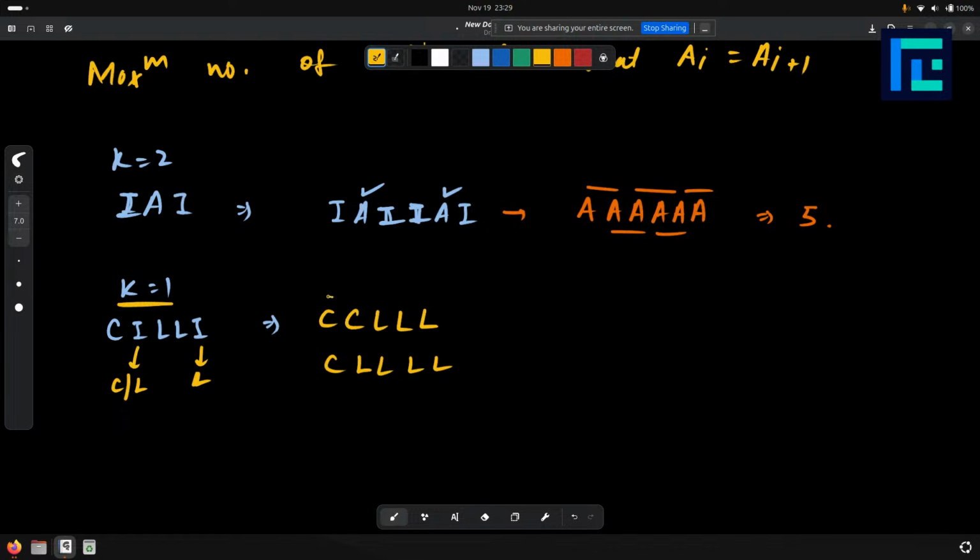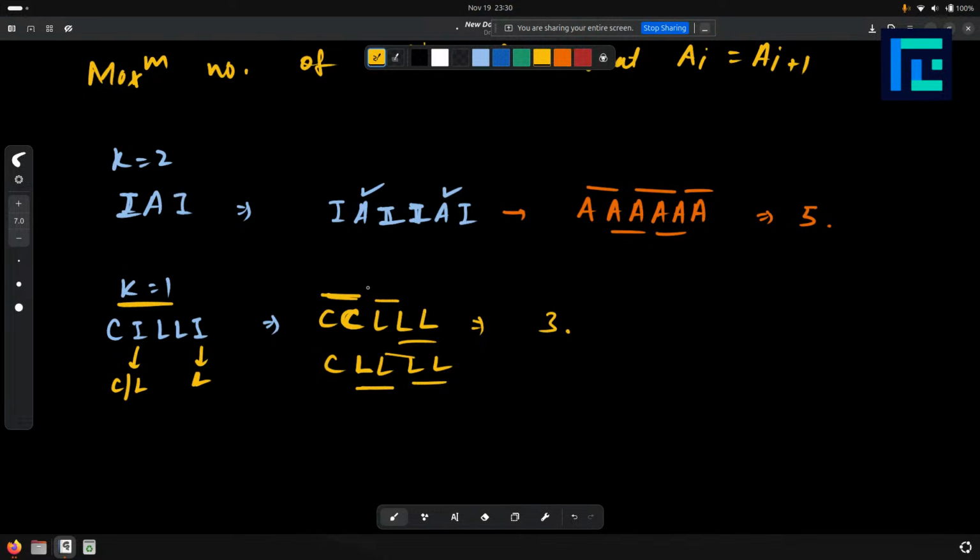So in this case we have one pair, two pair, and three pairs, and in this case again we have one pair, two pair, and three pair. So from both the answer is 3 only. So we can see that if we had placed C here, the pair forms like this, and if we had placed L here, the pair forms like this, and the answer doesn't really change, because